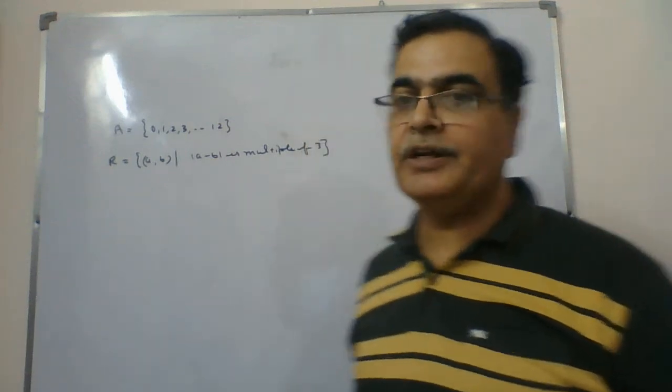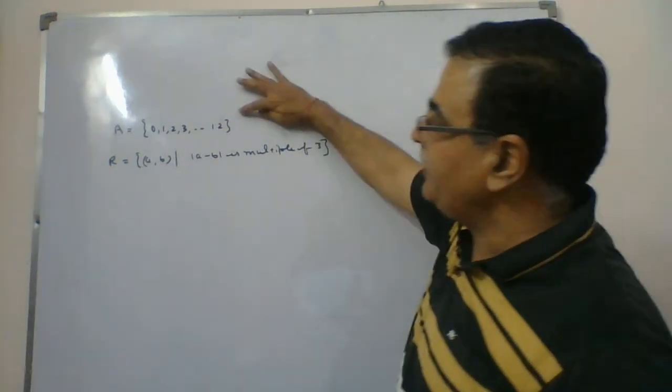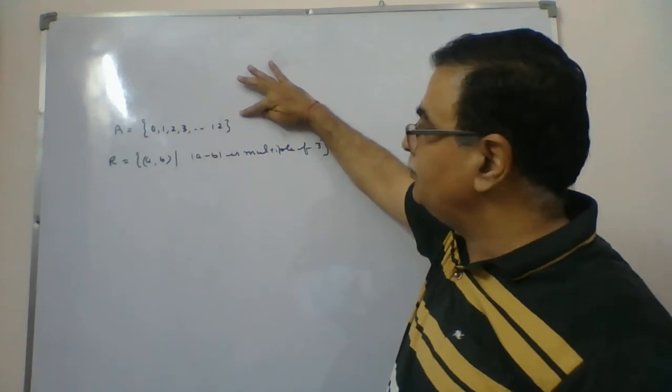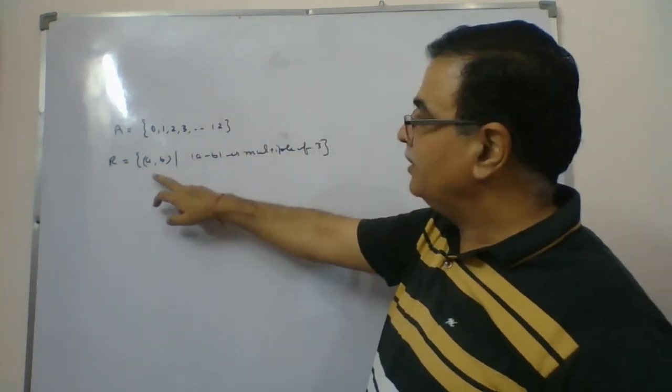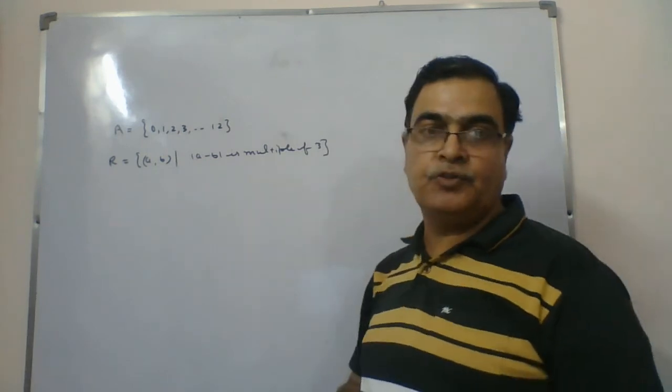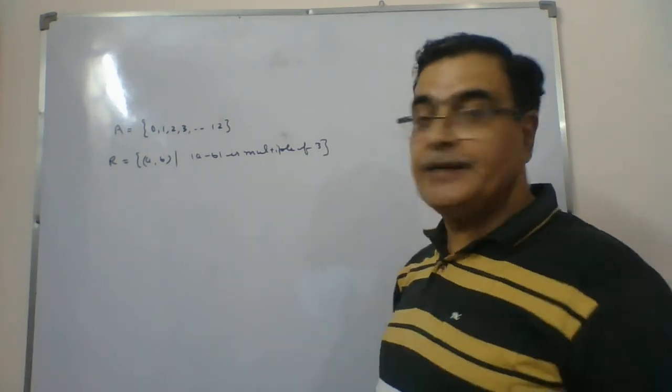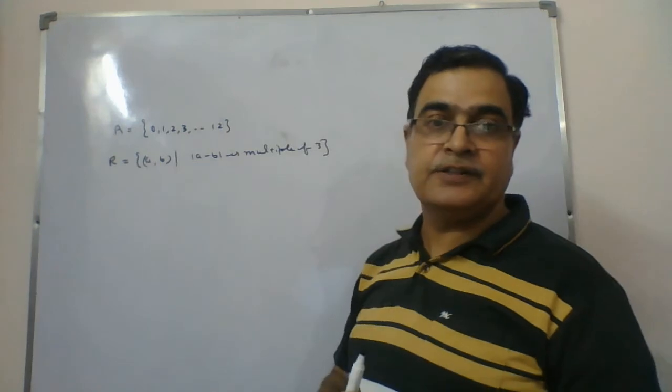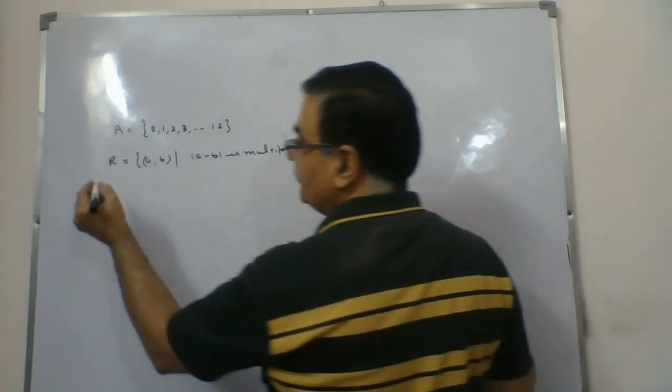So another example we are taking now. Set A is given as 0, 1, 2, 3 till 12. R is the relation (A, B) where modulus of A minus B is a multiple of 3. The question says you prove that this relation is an equivalence